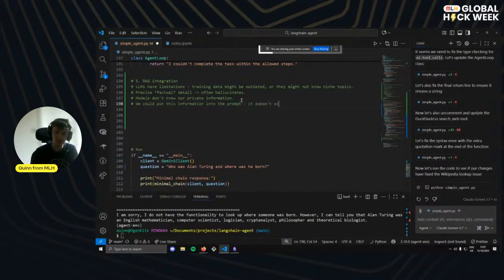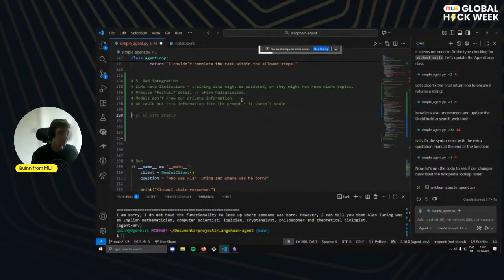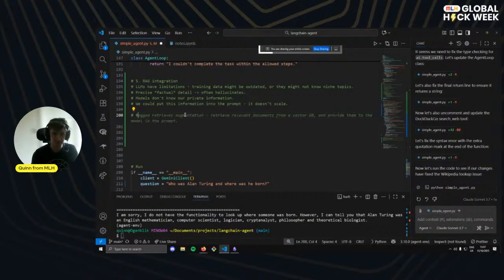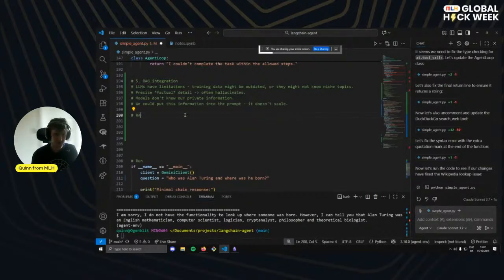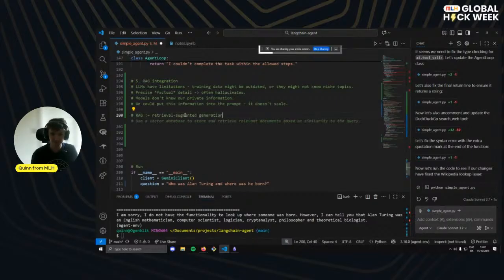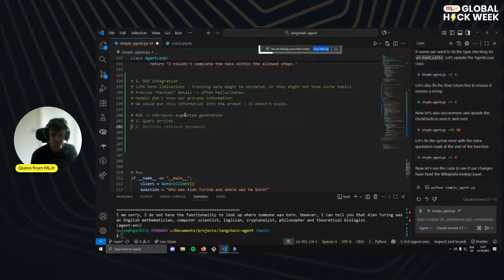It doesn't scale, okay? So we need some way to give potentially private or niche information to our model, okay? And this is where RAG comes in. RAG is retrieval augmented generation. Okay, and the way that it works is we have some query that arrives to our model,